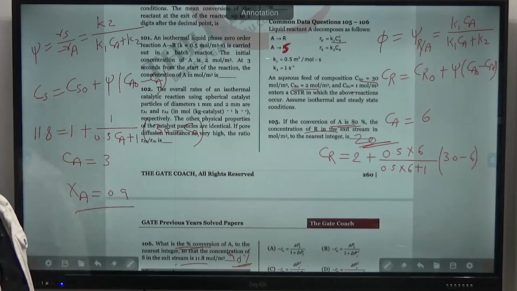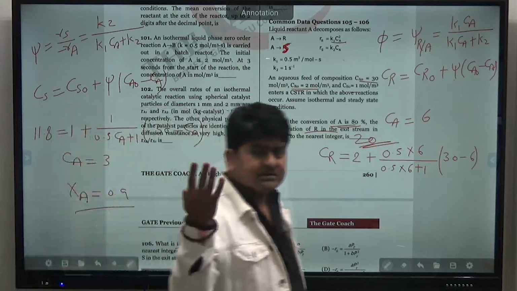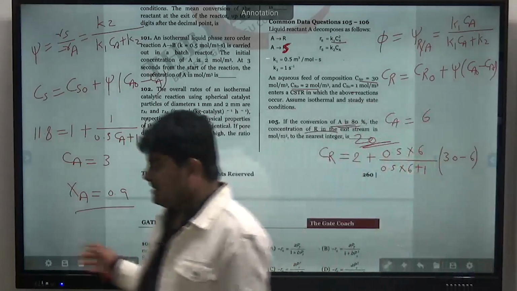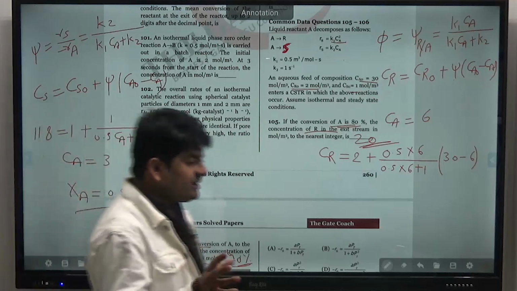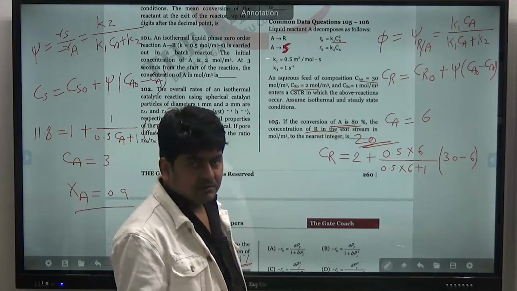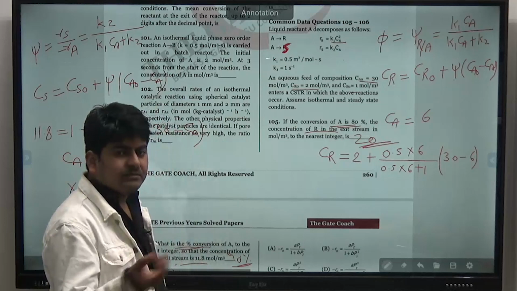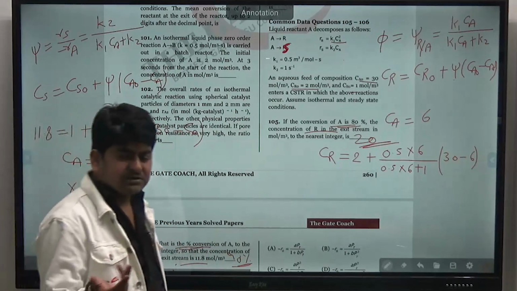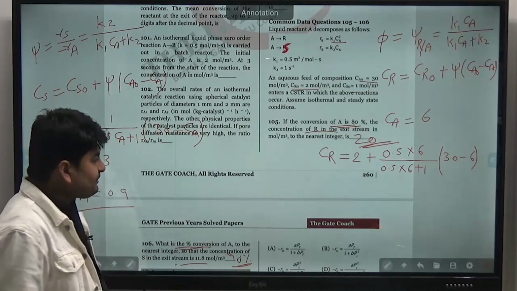Simple. Okay, such an easy numerical. And this question was there for 2 plus 2, 4 marks. So you can see such an easy numerical they ask. That's why I told you all these topics are easy and scoring. Okay, so remember this. But the point is, you should know what you have to do, what they are asking. And for that obviously we have to understand the meaning of each and every term and the equations. That's the only thing, nothing else. Mathematics calculations we are doing from class 1, so that's not a big deal.